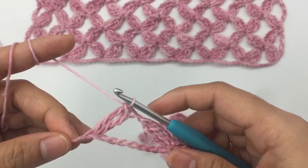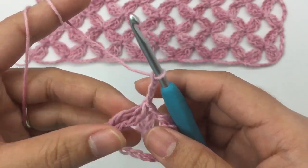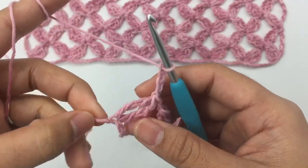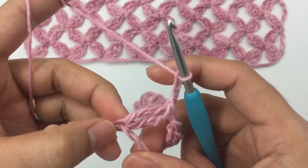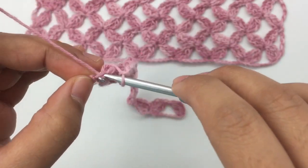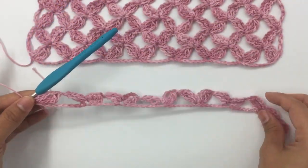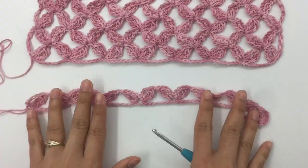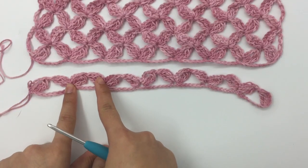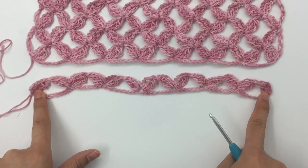And then I'm gonna chain 4. 1, 2, 3, 4. And then so this is 2 treble cluster, right? And after I have 2 treble cluster, I chain 4. And then I'm gonna slip stitch into the same chain right here, which is the last chain. Insert the hook, pull up a loop, and pull through. And now we complete row 1. Alright, so the end of row 1, I have 6 V treble cluster stitches, okay, and then 2 cluster stitches,